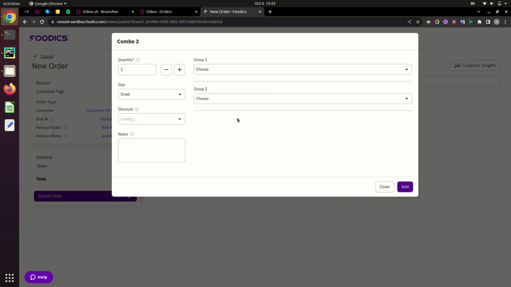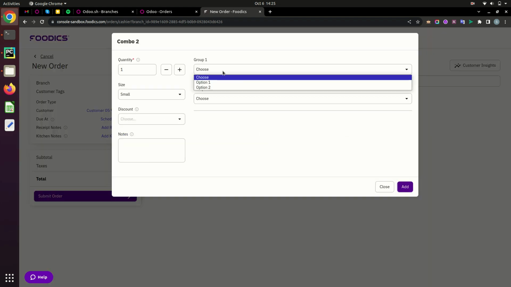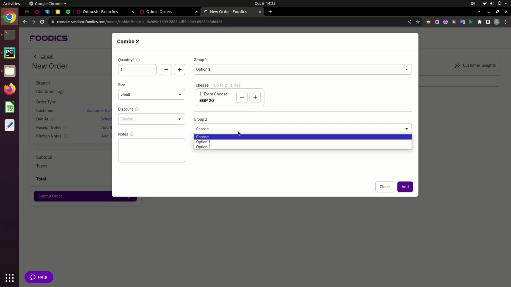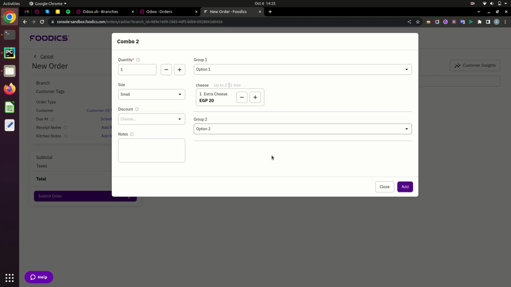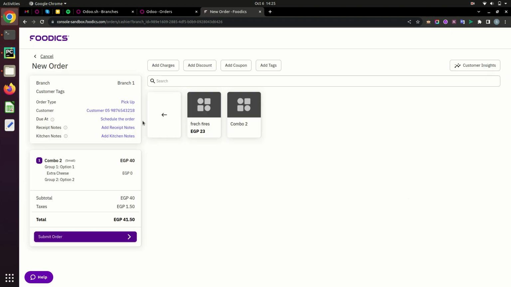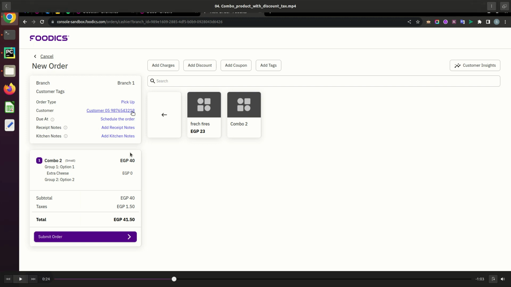In the product, when we select the product, it will open a pop-up and allow us to select groups and particular products as well. So we can just add the products which we want, and then we add the products. So here you can see the total combo, and we have added as per the combo, the product price is like that,